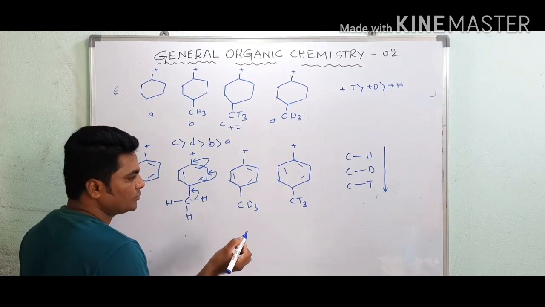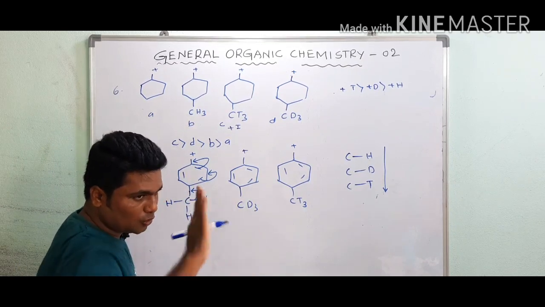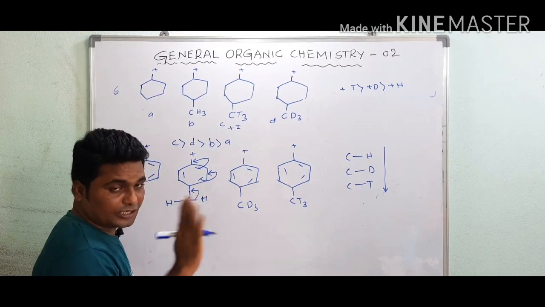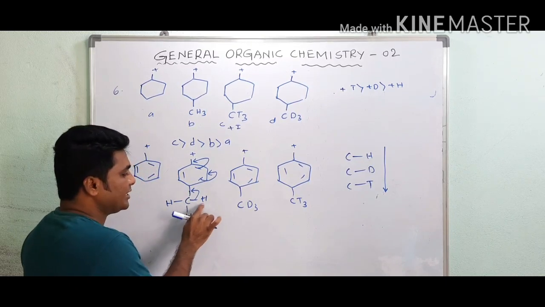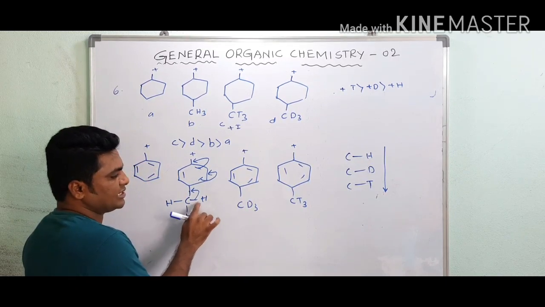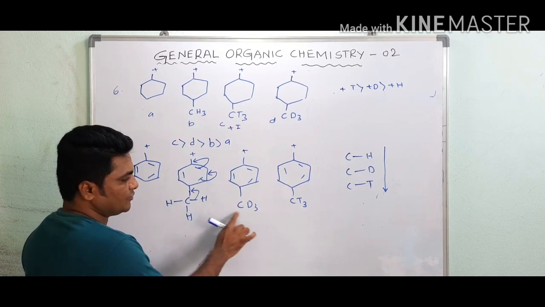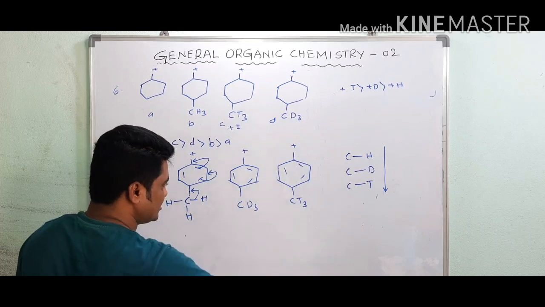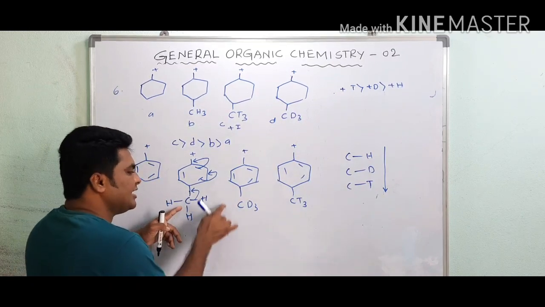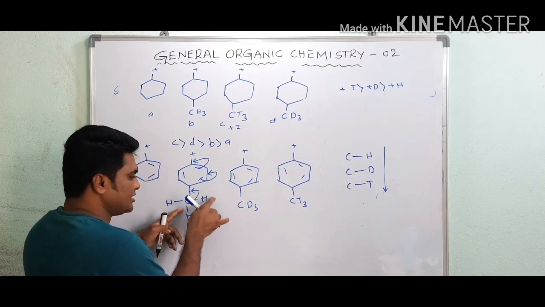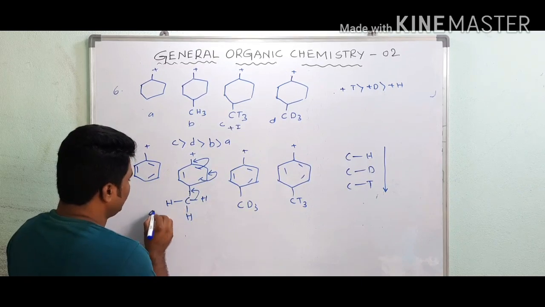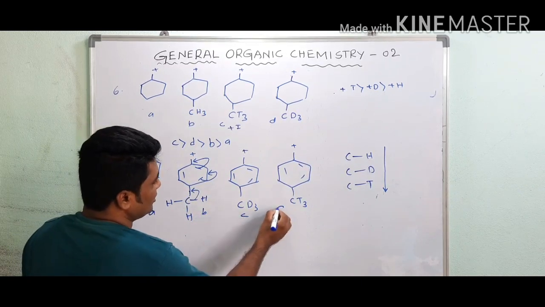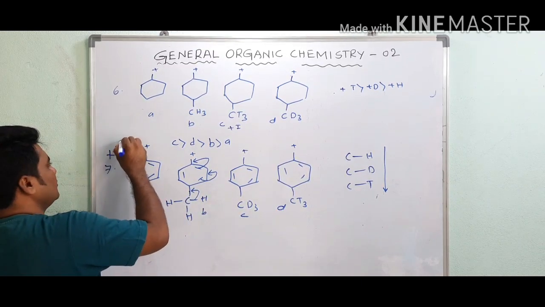Are you getting my point? What is hyperconjugation? You don't know. I know that. For just understand, the breaking of bond easily takes place in this compound as compared to this one. Why? The bond energy from H to tritium is increases. So here easily hyperconjugation will take place. So this is more stable now. So if you give A, B, C, D, this is just remember.